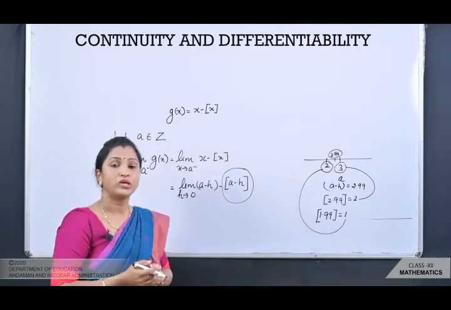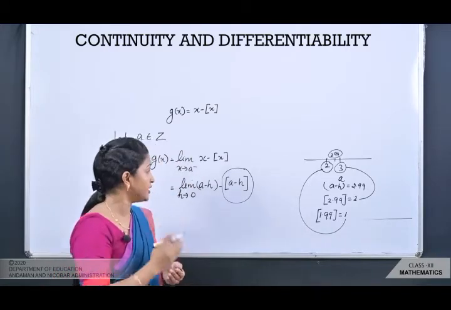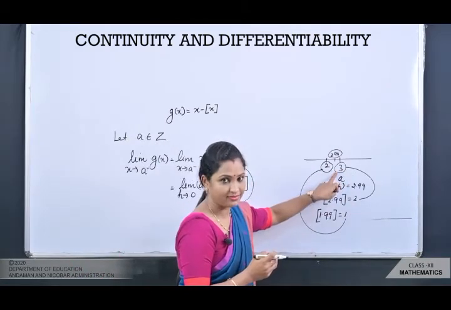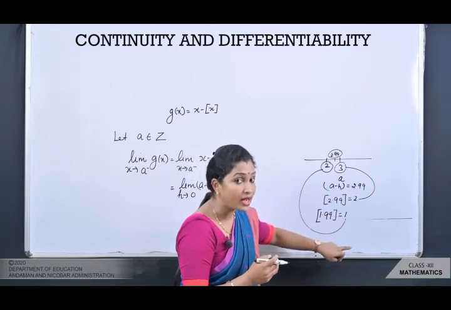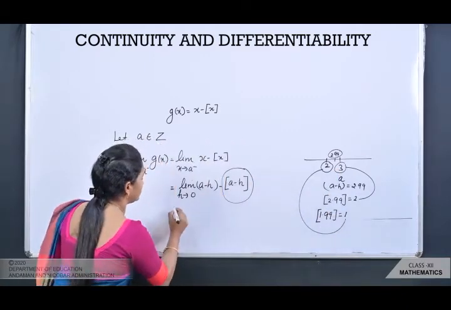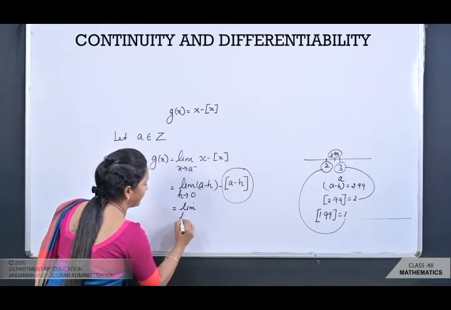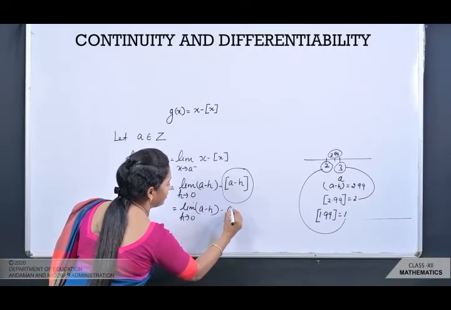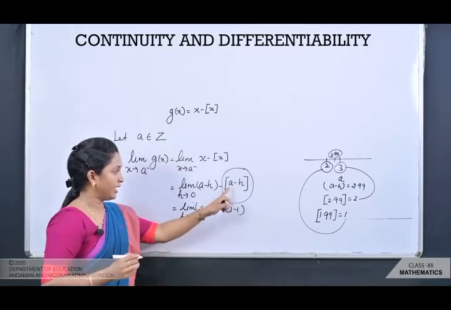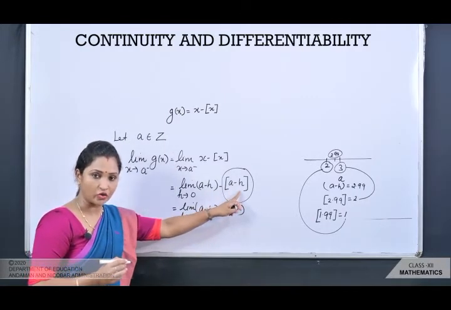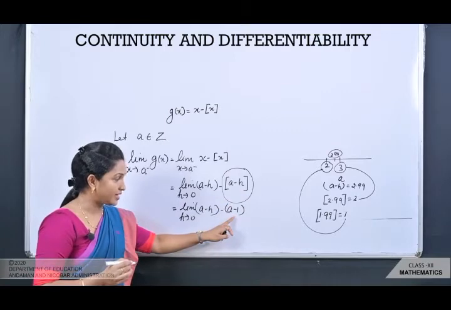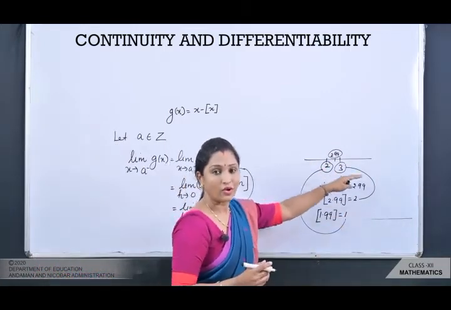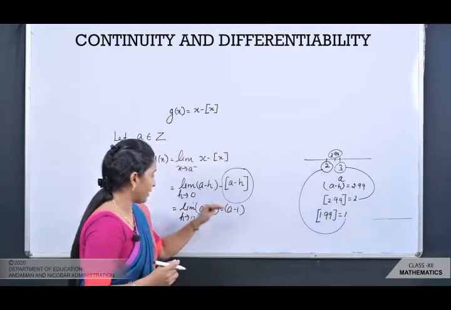From here what is the conclusion? The conclusion is 1 is subtracting from a. ठीक है, ये a जो भी आप ले रहे हैं उससे 1 आप subtract कर रहे हो. So here you can write it down, limit h tends to 0, a minus h, you can write down a minus 1. a minus h मतलब अगर आप greatest integer find out करोगे that means you are going to get the answer as a minus 1. If you see this example I think the concept will be more clear to you. Okay, so a minus 1.